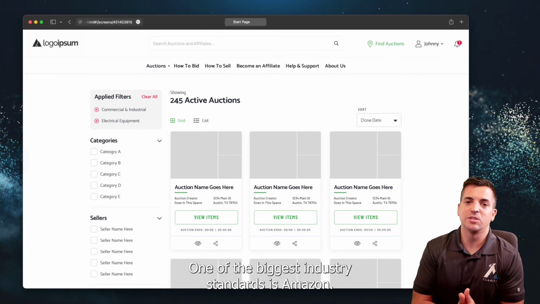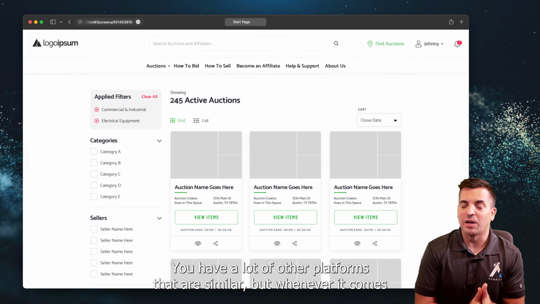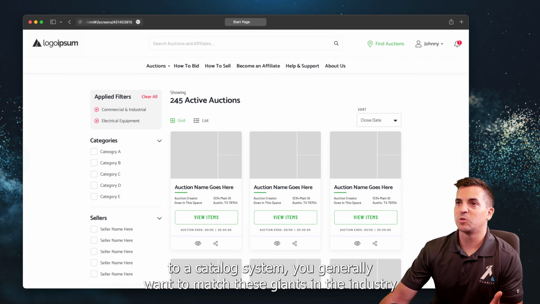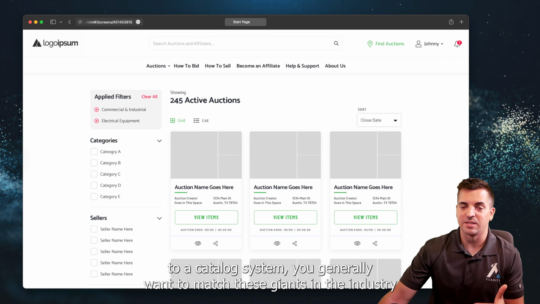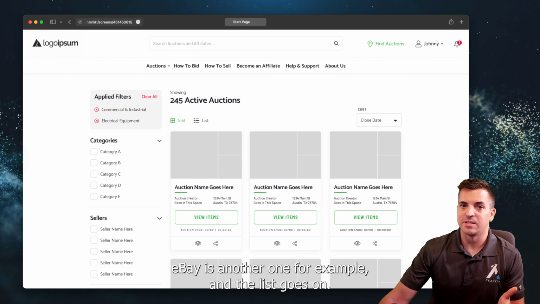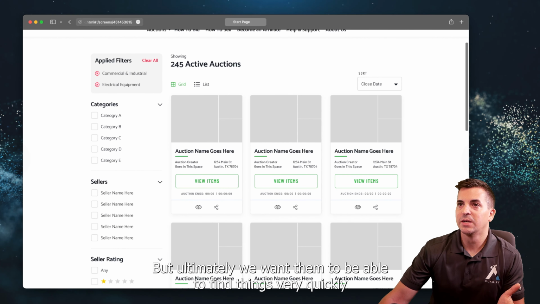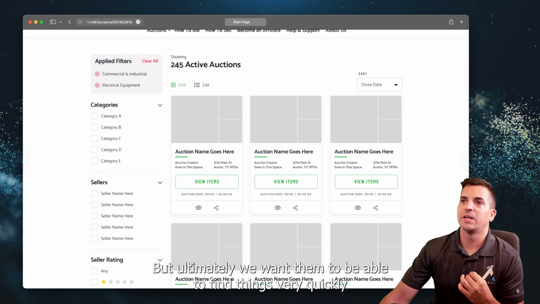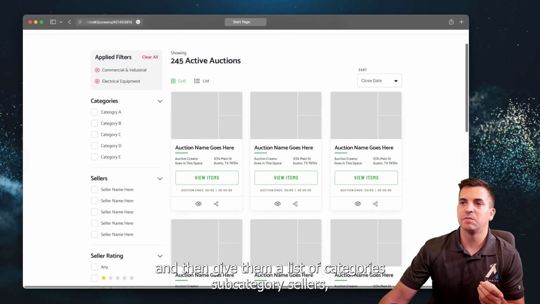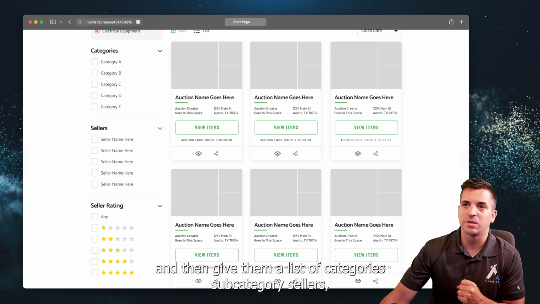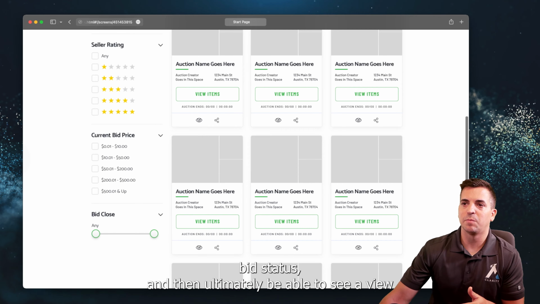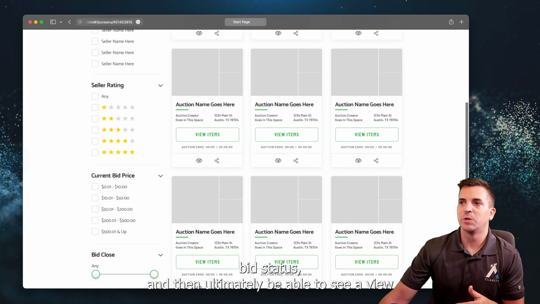One of the biggest industry standards is Amazon. You have a lot of other platforms that are similar. But whenever it comes to a catalog system, you generally want to match these giants in the industry so that you're doing something very similar. eBay is another one, for example, and the list goes on. But ultimately, we want them to be able to find things very quickly and see what they've applied as their filters, and then give them a list of categories, subcategories, sellers, seller ratings, bid prices, bid status, and then ultimately